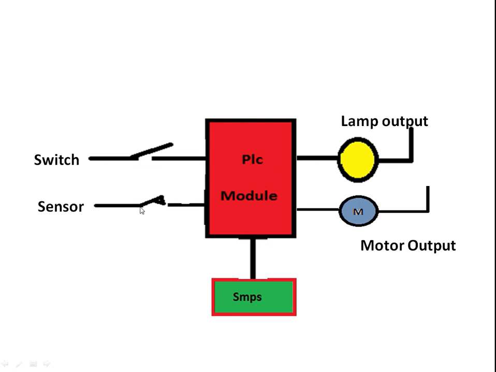Here we have a sensor. Let's take an example in your home or at your gate. If you are coming, that sensor is in NO condition. When sensing your motion or your body, this NO becomes NC and your gate will open. Here I took a motor. Why? Because when the float sensor is activated, your motor gets off or on, because I connected it in NO condition. When it touches, it gets on. In NC condition, it becomes NO and it becomes off. So like that we have to take it.